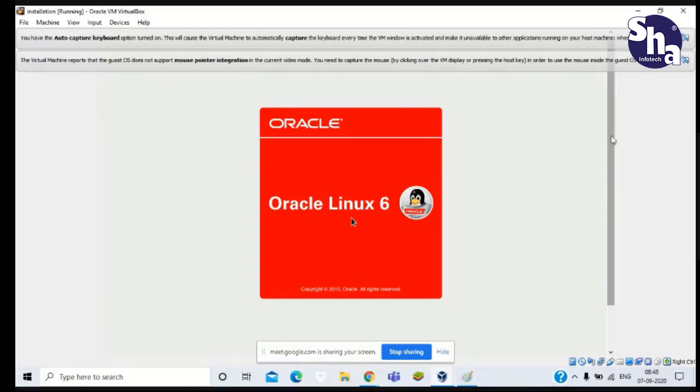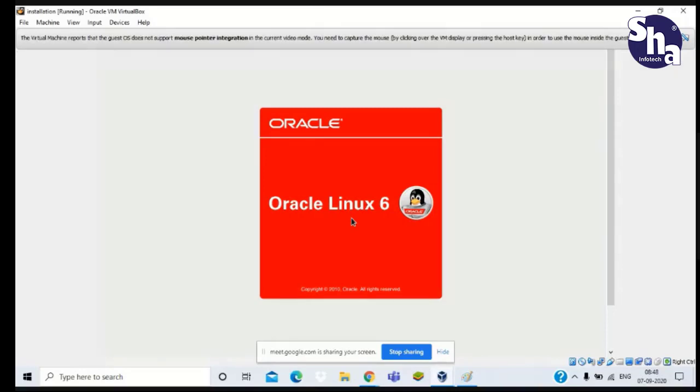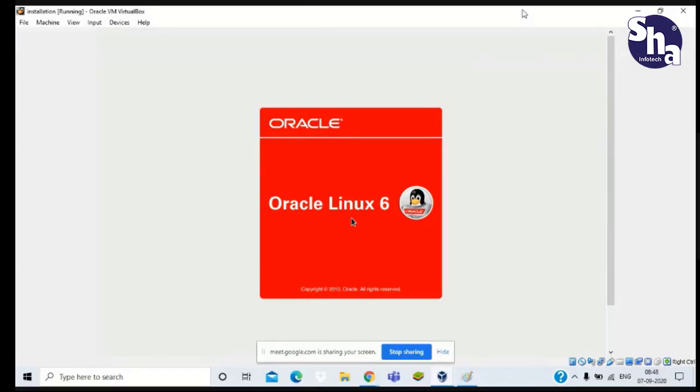So for scrolling and for getting to the file and machine view, that is at our Windows OS level. Everything at the Windows OS level, you have to use this white cursor, and for the Linux OS level, you have to use this black cursor.